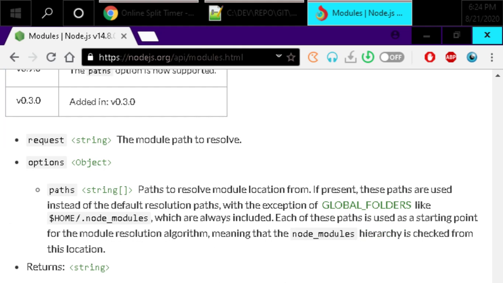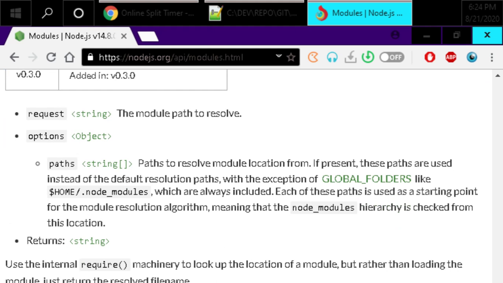Bullet point request is a string: the module path to resolve. Bullet point options is an object. And under